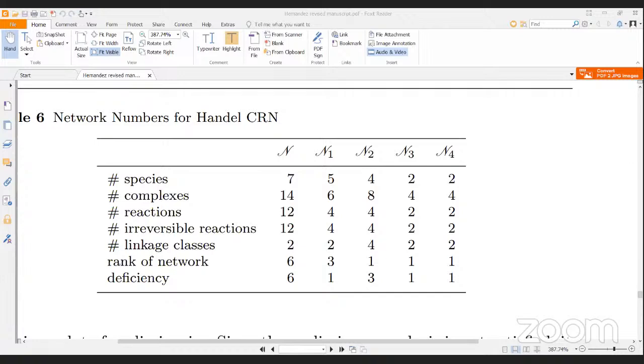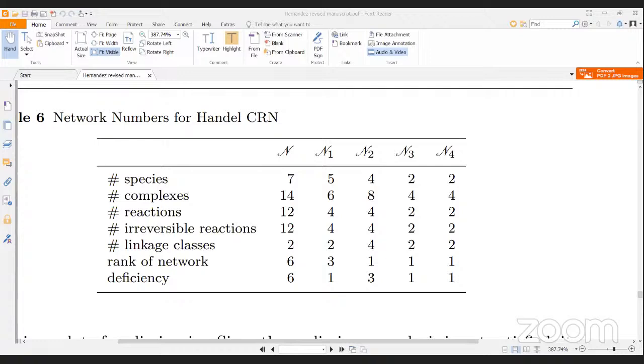Then I have a general question about the CRNT approach. Well, my first comment is that the good thing here is that it is parameter free. The network is analyzed without regard to any specific values of parameters. But when you use it on a particular biological system, the values of the parameters are very important, because that is where you learn about the bifurcation and the different dynamics of the system.